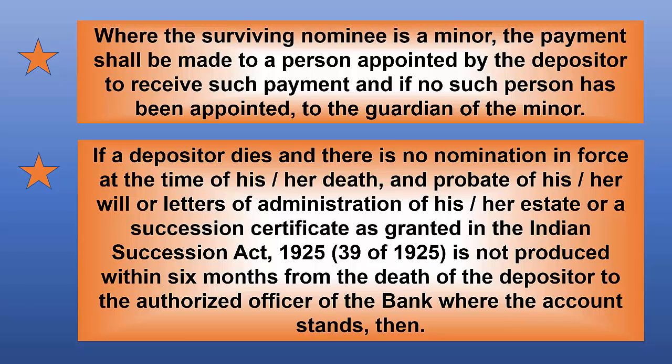If a depositor dies and there is no nomination in force at the time of his or her death, and probate of his or her will or letters of administration of his or her estate or a succession certificate as granted in the Indian Succession Act 1925 is not produced within 6 months from the date of death of the depositor to the authorized officer of the bank where the account stands, then